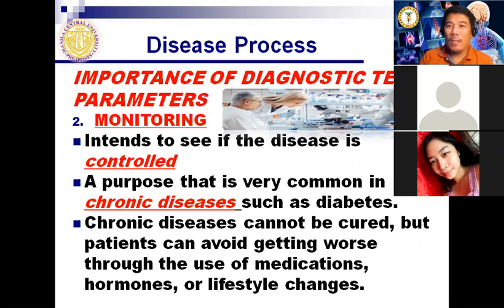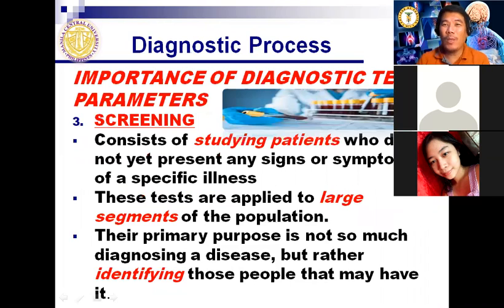Erythropoietin is a drug given to clients with kidney failure to prevent the risk of bleeding. Next, number three, the importance of diagnostic parameters is all about screening. For screening, the key term we may identify here is clustering. And why do we do the clustering? So that this could be more specific in terms of the population